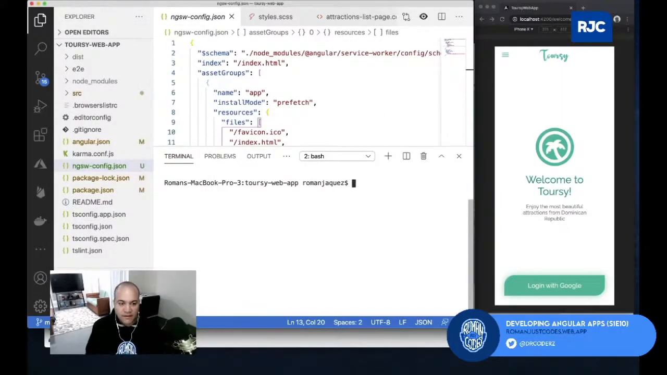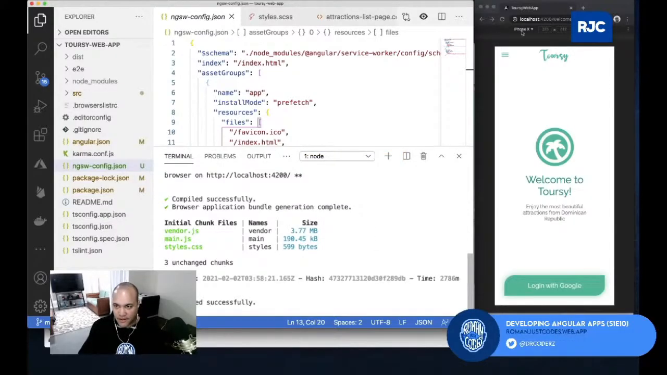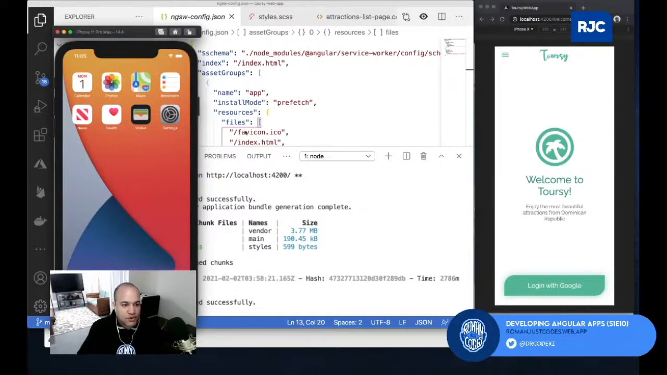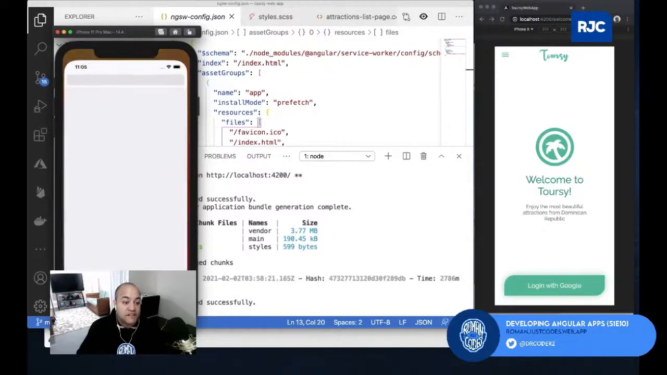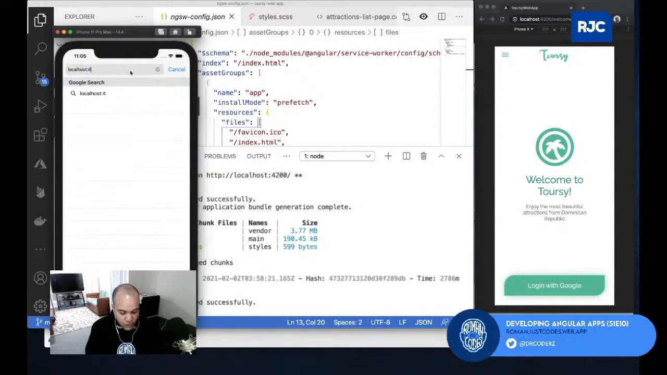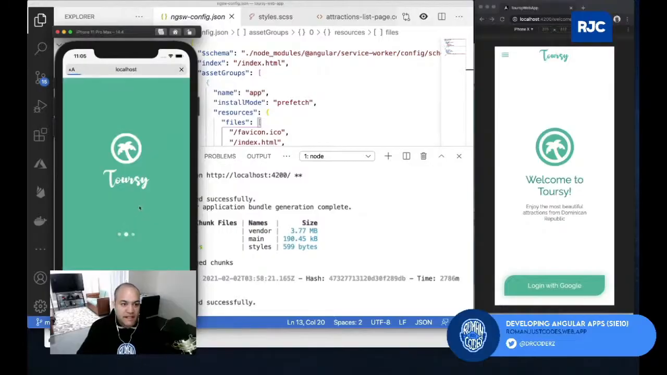So again, am I running? Yes, I am running here in this other piece. So while this boots, I'm going to show you, actually, okay, here we are, that's it. So instead, I'm going to run my application right here from Safari. And then if I do, for example, localhost 4200, I'm going to run the application in here, and then see,